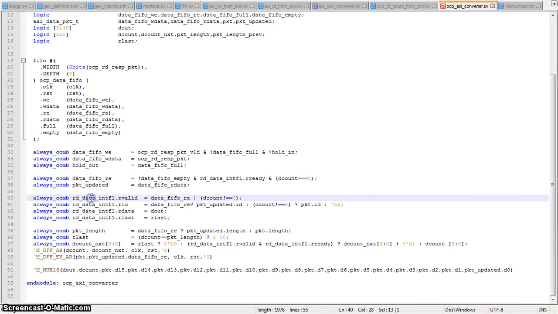So you can see that the read data interface dot RVALID is equal to when we read out from the FIFO, or when the D count is not equal to 0. So this is the point when we update the first packet, and this is the point when we send the subsequent data. And the interface dot RID is equal to, if it was a point that is reading from the FIFO, then it will be equal to packet updated dot ID. Otherwise it will be equal to the packet dot ID, which is nothing but the flopped version of the packet updated. Now the read data interface dot RDATA is equal to D out, and you can see that again